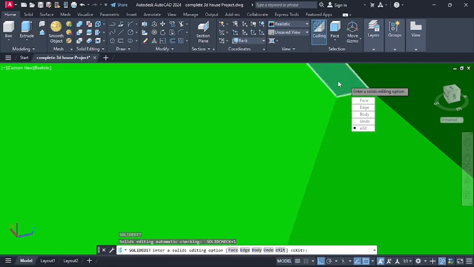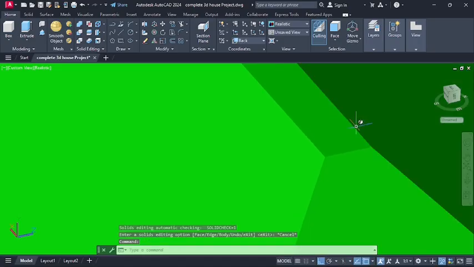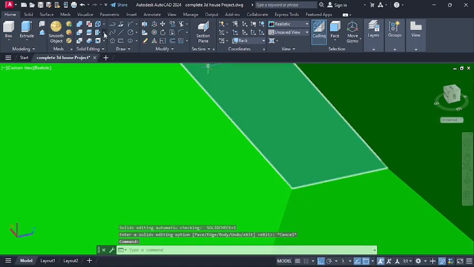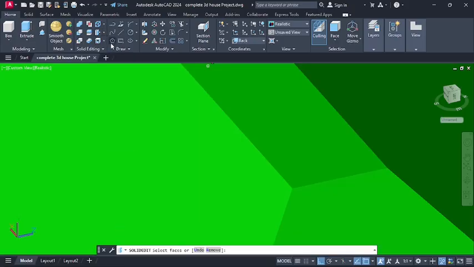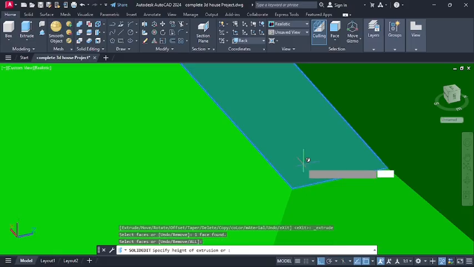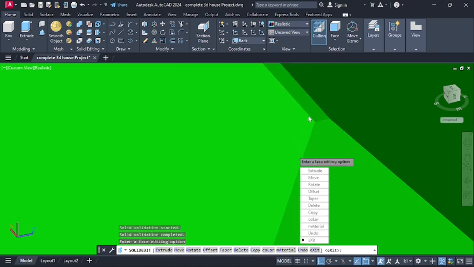Then here we have this face. So you can just go there again, go on extrude face, select this face, press on enter, select this part going up like that, press on enter like that, then go on escape,